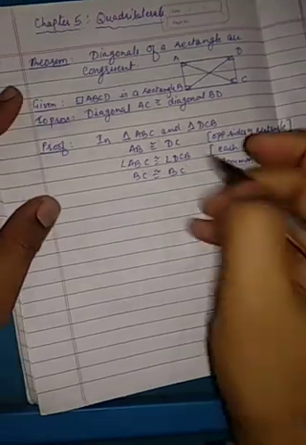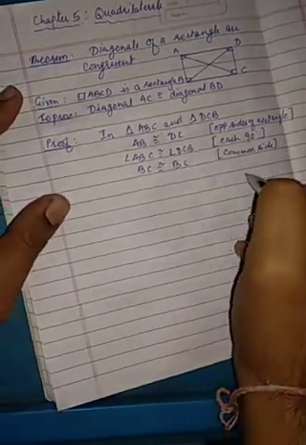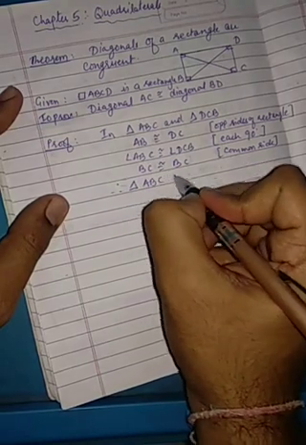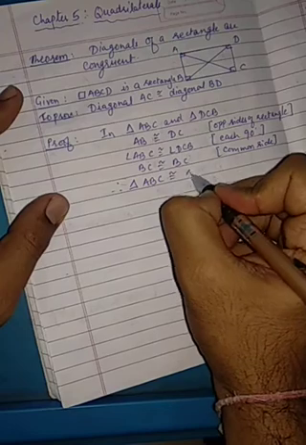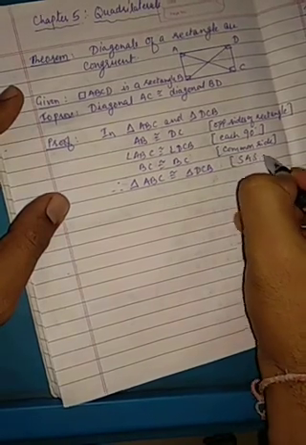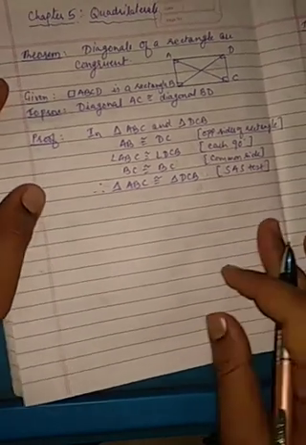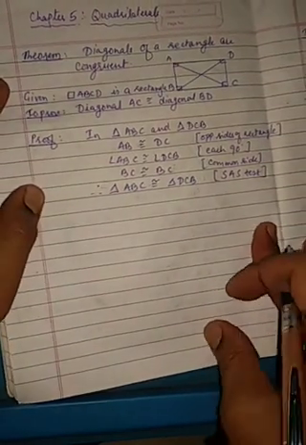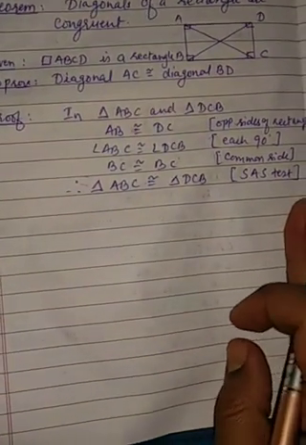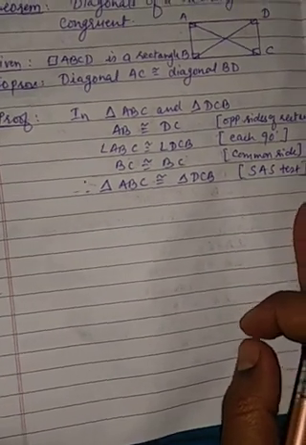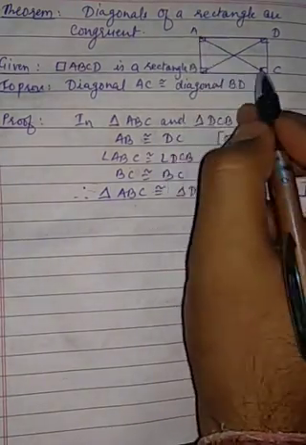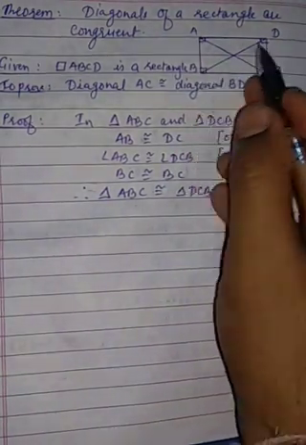So students, you can see here two sides and one included angle is congruent in both the triangle. So we can write here triangle ABC is congruent to triangle DCB by SAS test. Okay, so if both the triangles are congruent, that means their corresponding sides or angles are also congruent. Okay, so you can see here in triangle ABC corresponding side is AC, and for DCB it is BD.